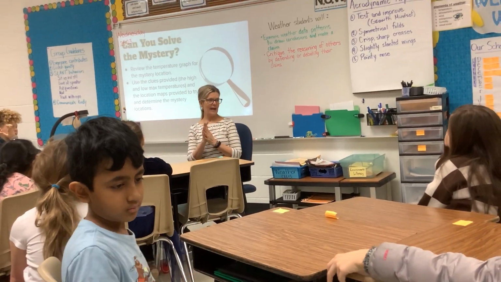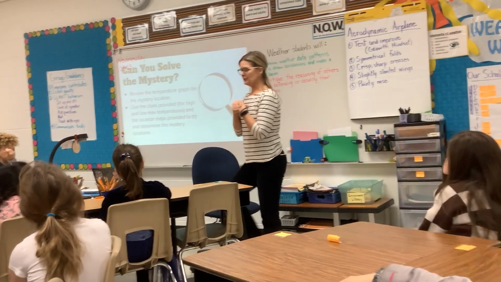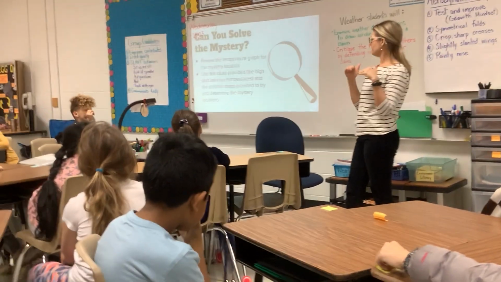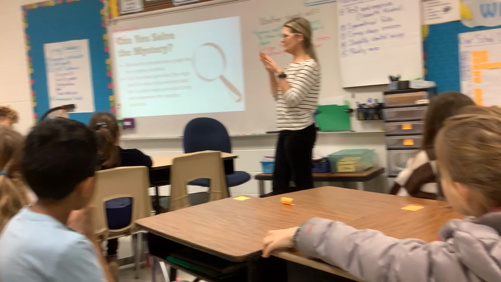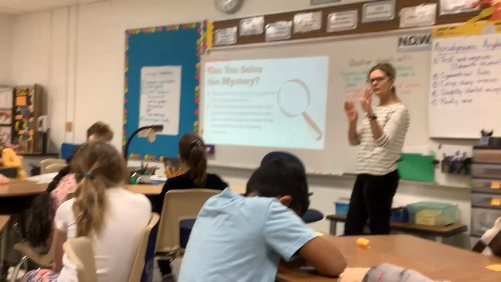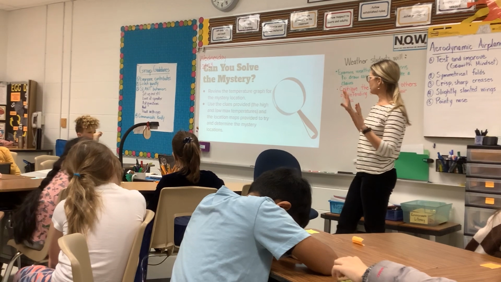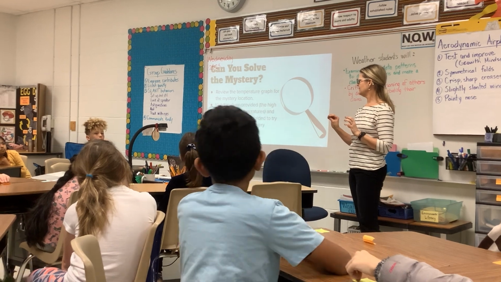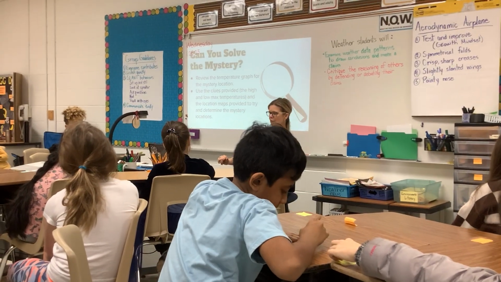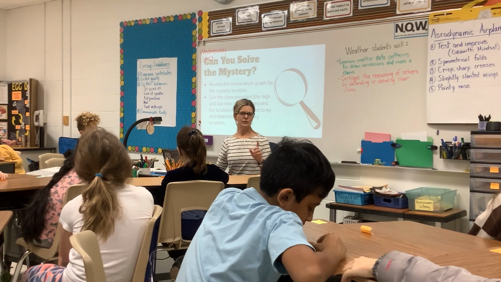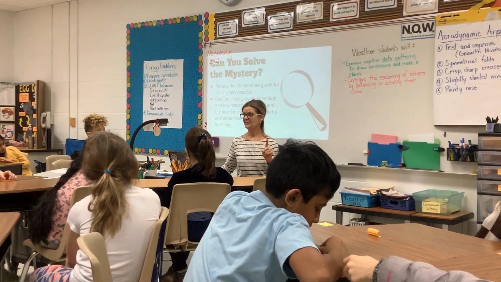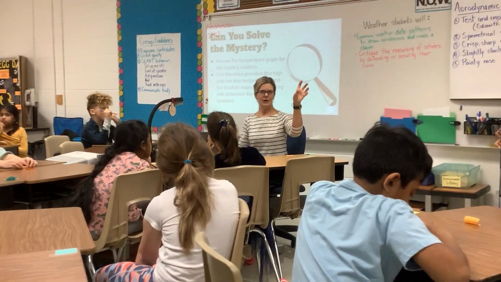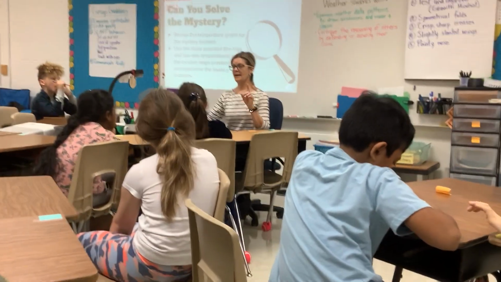So this is what we're going to do. Back to our mysteries. We are going to solve some mysteries by reviewing some graphs that I'm going to be giving you. You're going to review some temperature graphs for a mystery location. And then you're going to use the clues from the graph, the information that you get there, and you can see if you can team it up with a location that that graph might be representing. So you're going to use some of the clues, the highs and lows of the max temperatures, to try to determine where is this location. Okay, so we're looking for clues, looking for evidence, and seeing if we can team up a graph with where that location is. I'm going to show you an example.